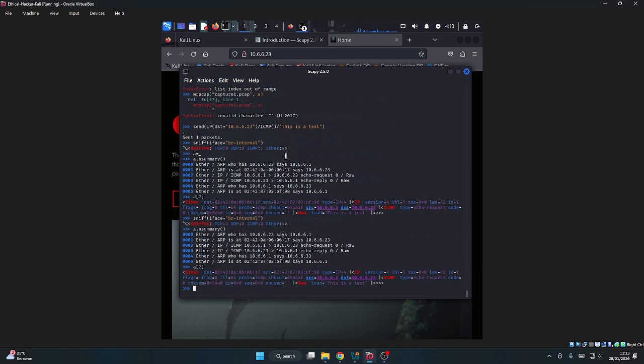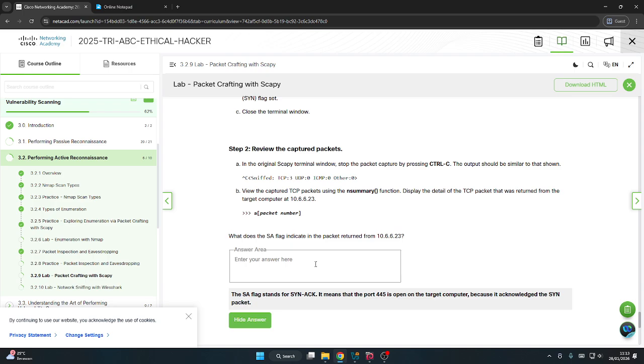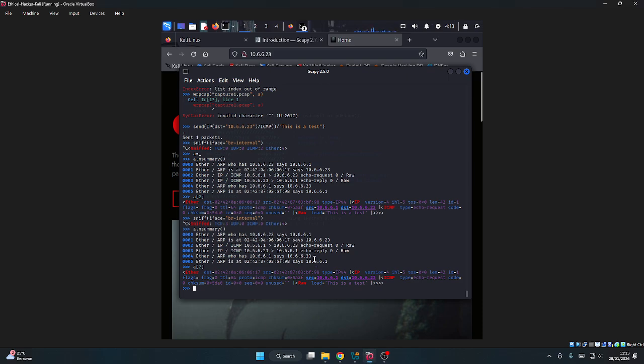And it's F, and there's flags. What do the flags indicate from the target computer? Oh, it's flags.